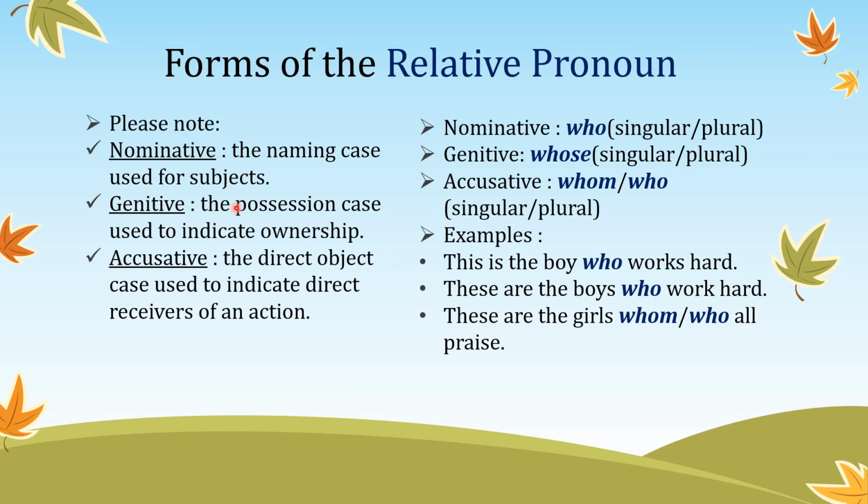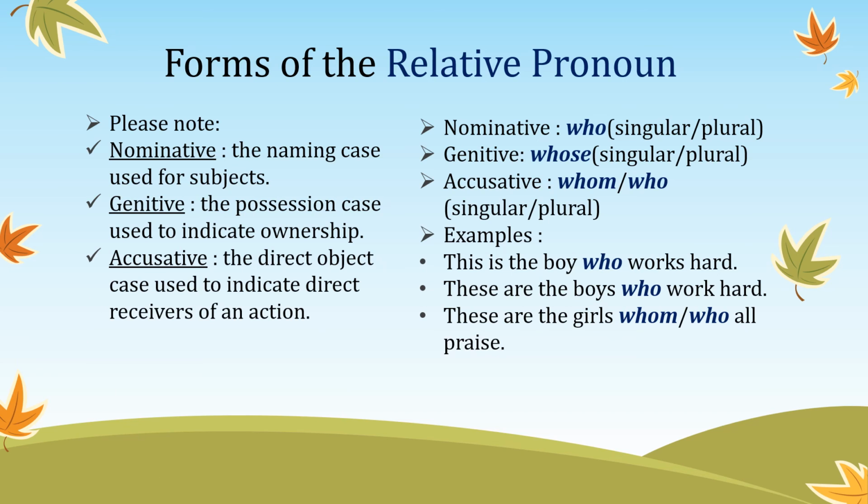When it is in the possession case, I am saying about the particular thing as mine, ownership, I am possessing it. There I would use the pronoun whose, which is a genitive case. And at last, when I speak about any object in that particular sentence, that is the predicate part where I am just focusing with the object, I would use the pronoun whom and who, which is in the accusative case. Let's look at some examples to understand these three cases better.